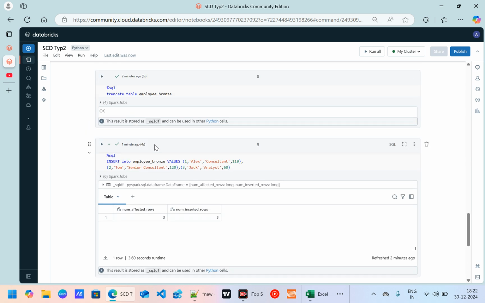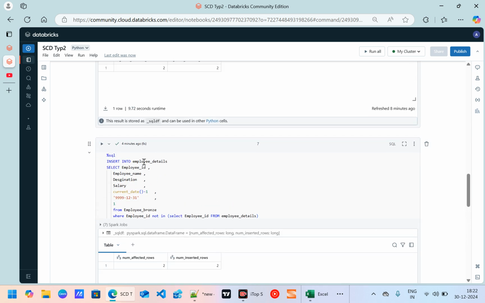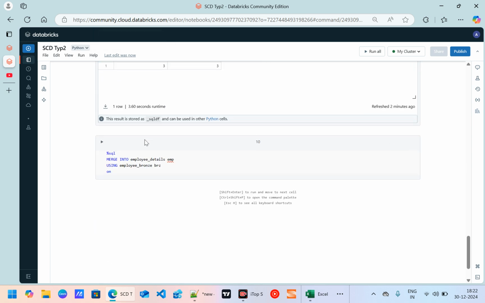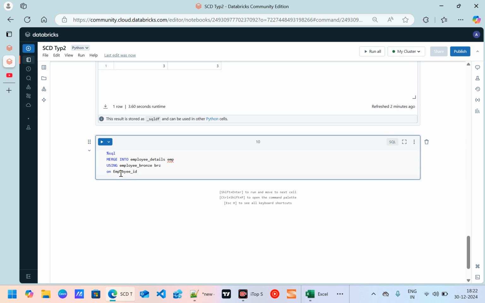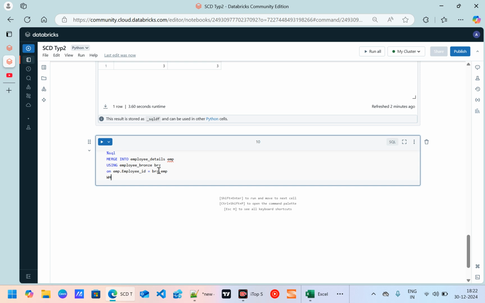So the condition is basically the primary key column. If you copy this, employee ID is a primary key. By primary key I mean it is a uniqueness we can identify, but uniqueness of the employee details table is not going to be identified using the employee ID, because there will be multiple entries for the employee ID. So we need to create a surrogate key, but we will create that later. Okay. So emp alias dot employee ID is equal to brj dot employee ID, and there is something called